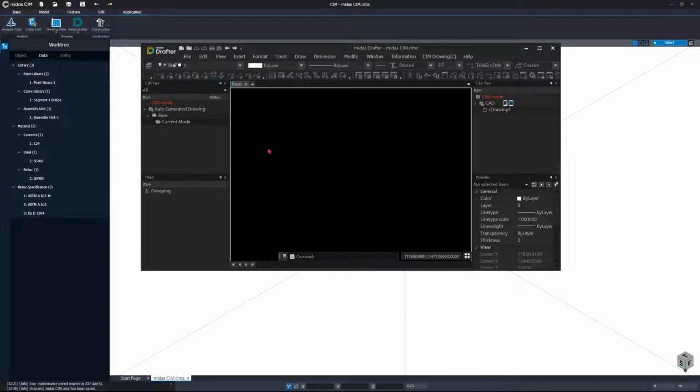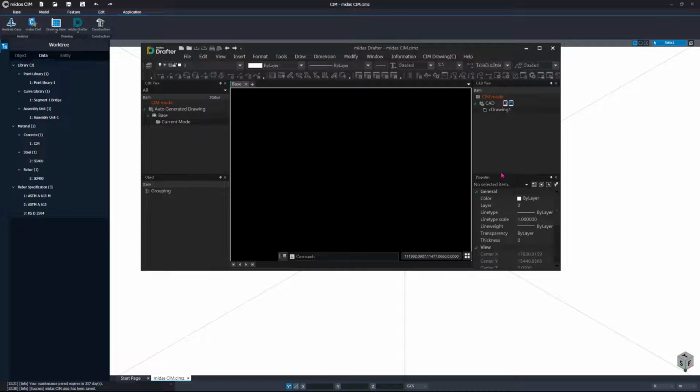For example, if you have a beam with a rebar and tendon, all of the rebar and tendon can be seen in here, and you can activate or deactivate the rebar depending on the layout that you want to print. So if you have a beam with a rebar and tendon, you can copy the layout. For example, you can copy layout 1, layout 2, layout 3, but the first layout will be only the concrete, the second layout will be only rebar, and the third layout can be only tendon. You can do that by activating and deactivating certain parts that you don't need.